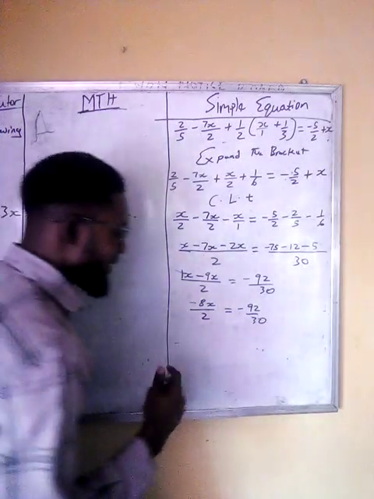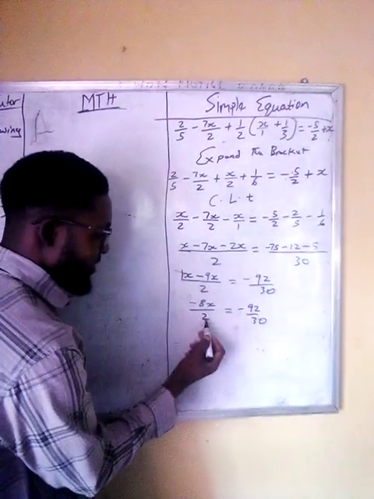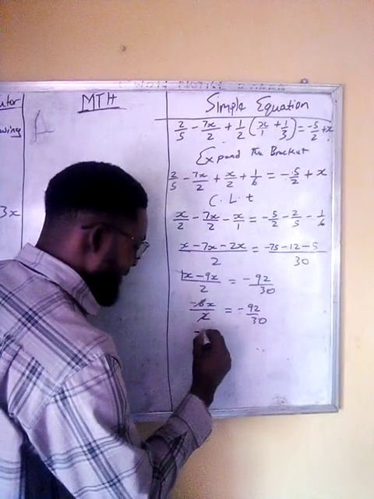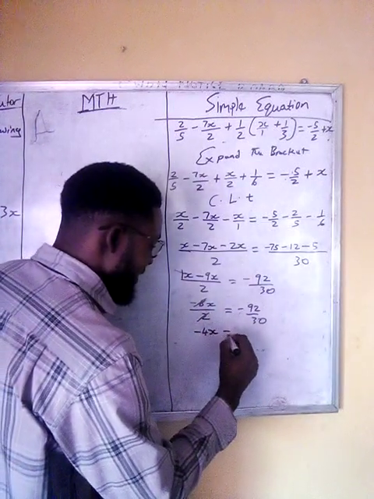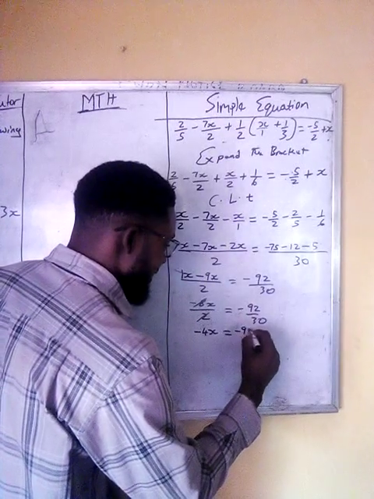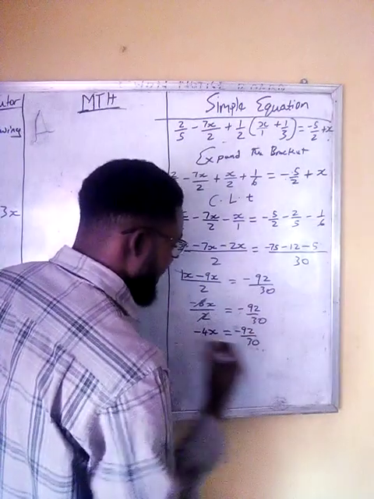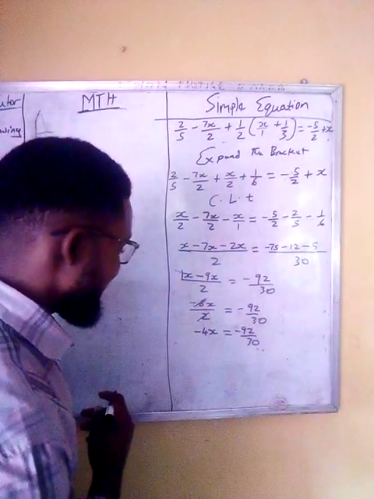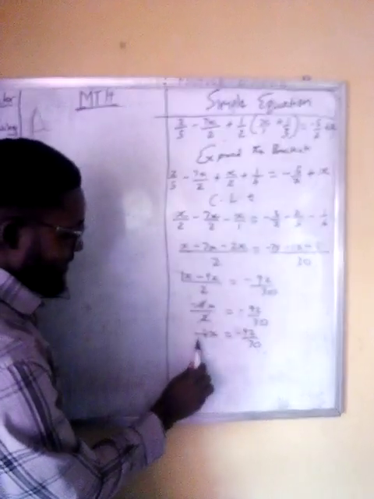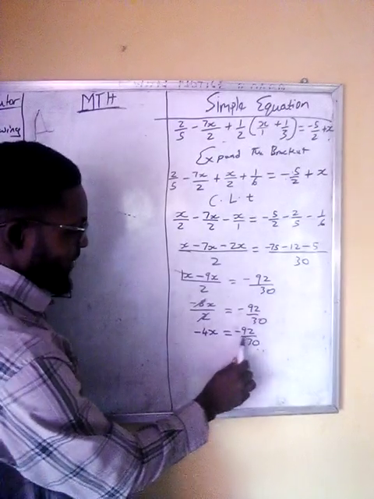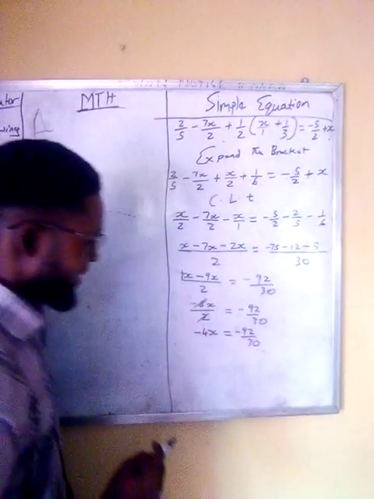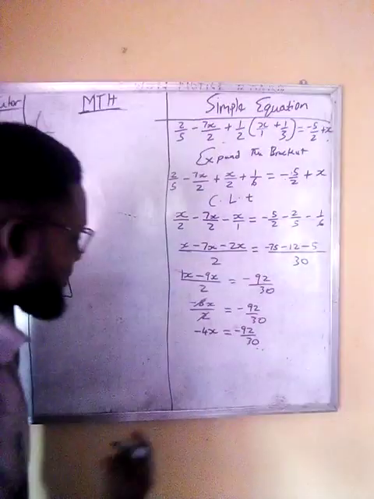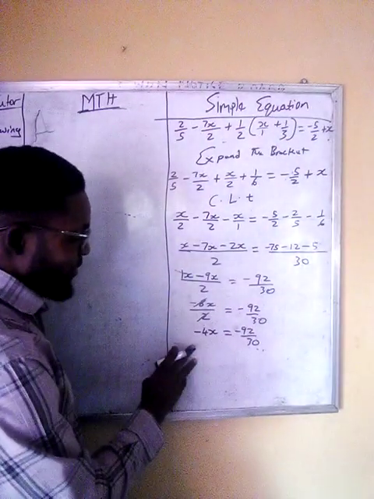Okay, let's go on. So this is minus 8 over 2. 2 can divide 8, which is 4. So this is minus 4x equals to minus 92 over 30. Let's move further. So therefore, we are going to divide both sides by the coefficient of